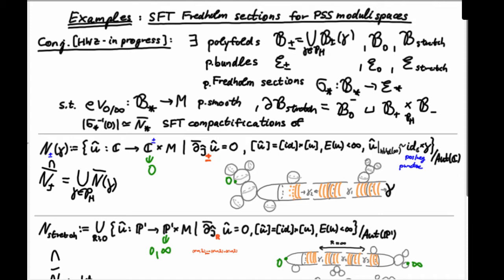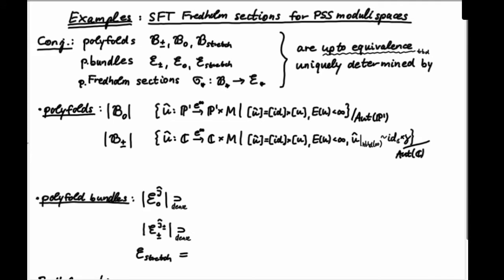So I have a conjecture that somehow I can't really precisely state, but my conjecture is that somehow this data here is sort of uniquely determined by certain things that I can say now without having to say what a polyfold is. And that's what I kind of already said before. So, all these sections, bundles, and polyfolds should be, up to some appropriate notion of equivalence, uniquely determined by,